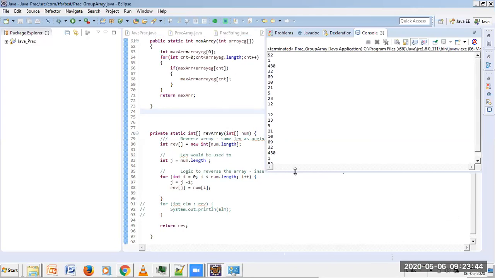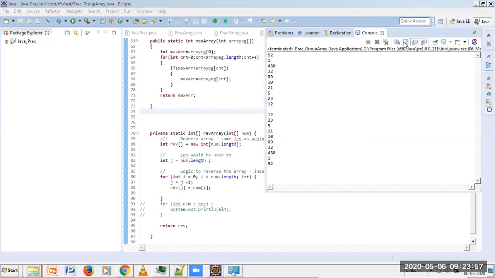Okay, so we are good enough to understand. As you can see, 52 to 12 and then 12 to 52. Hope you're clear with this point. Now, if I try to compare zero position with this zero position, this will never match.